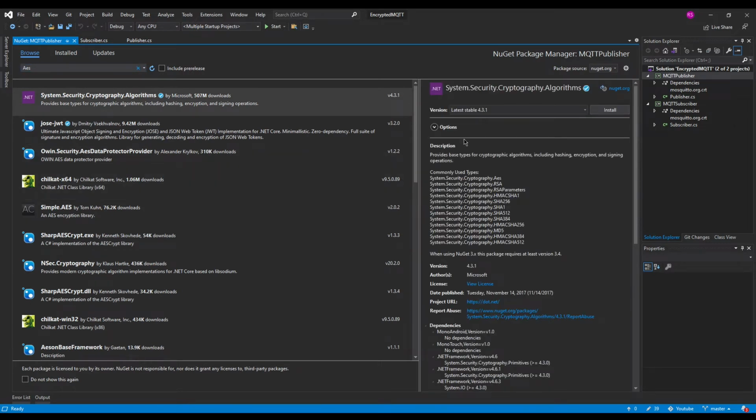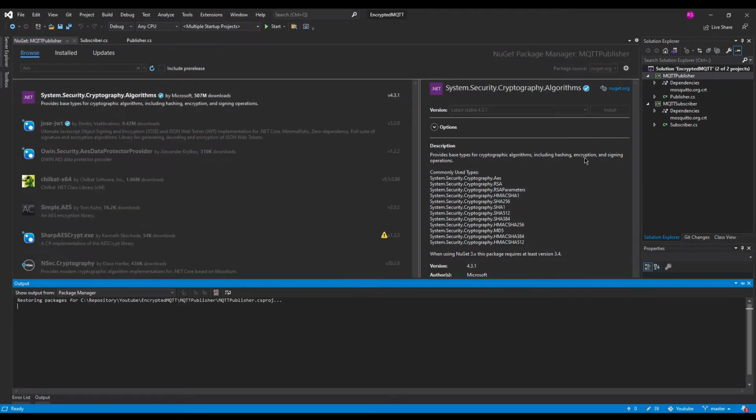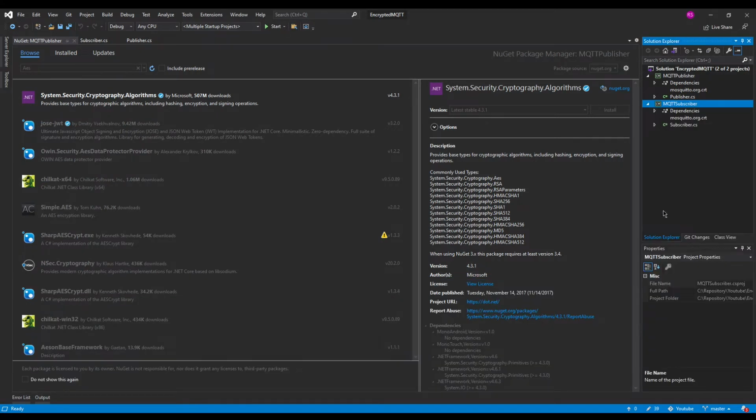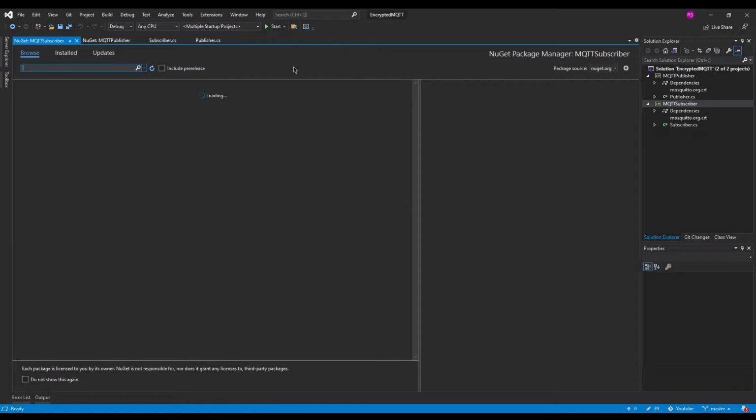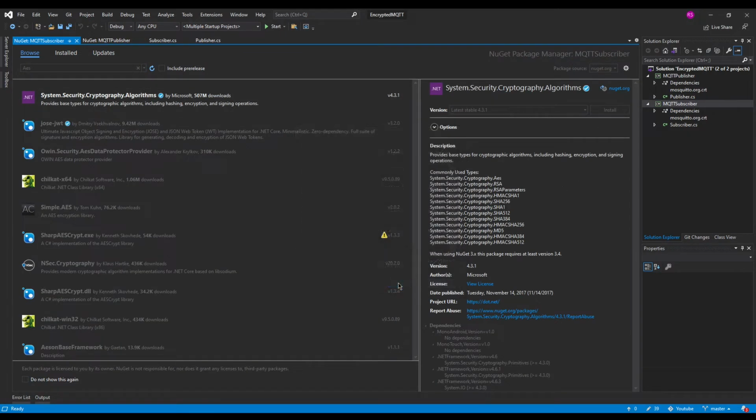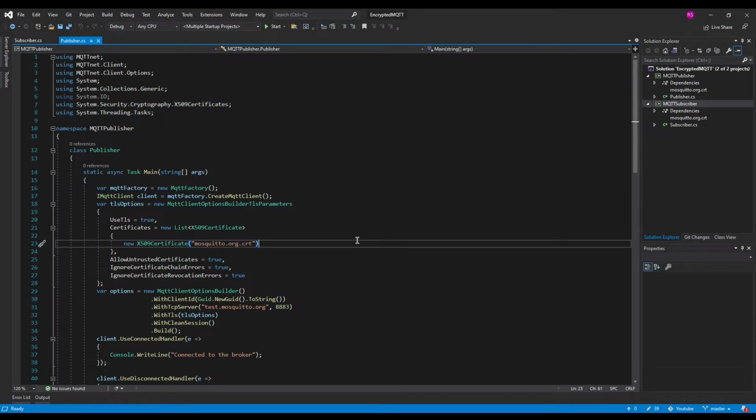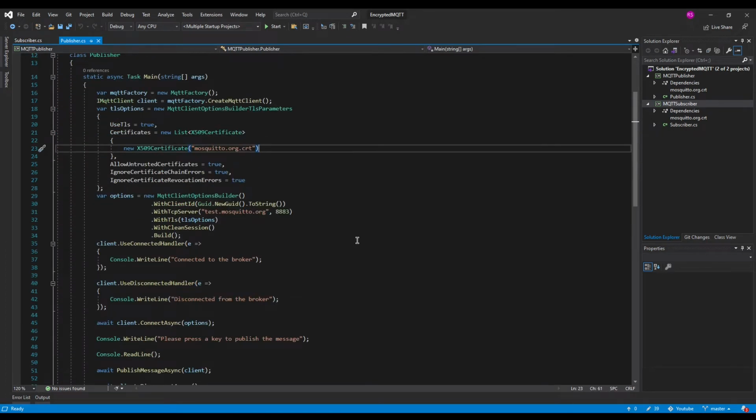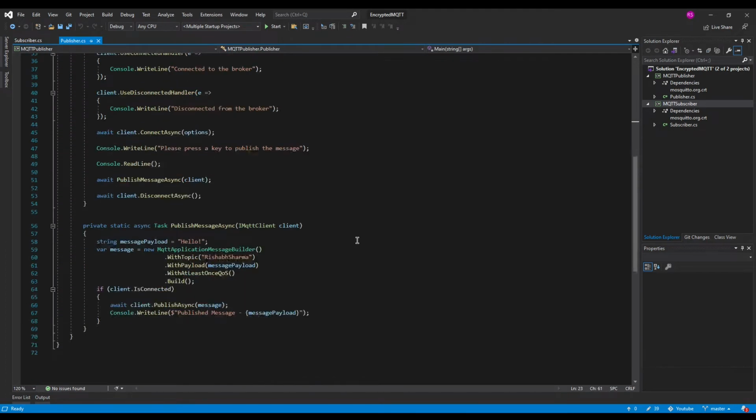So here we will install the System.Security.Cryptography.Algorithms package in the publisher project, and we will install the same in our subscriber. Now that the NuGet package has been installed in both the projects, we will start